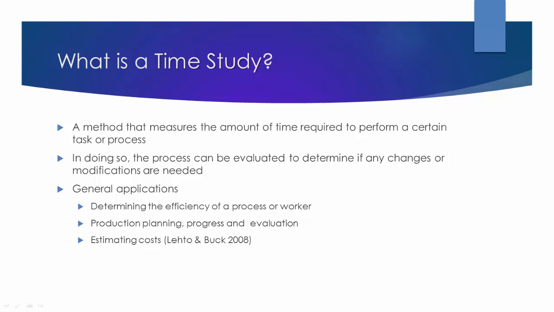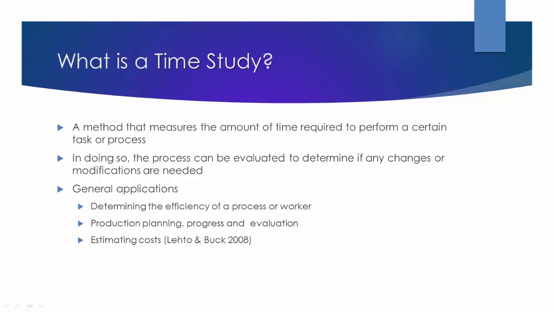It's a method that measures the amount of time required to perform a certain task or process, and this is important in manufacturing, as manufacturing usually has processes and people who work on assembly lines, and the process can be evaluated to determine if any changes or modifications are needed. So you can look at the past, how fast or how efficient has a process been completed, what is it at right now, and how could we possibly change some steps or evaluate a certain aspect of the process to